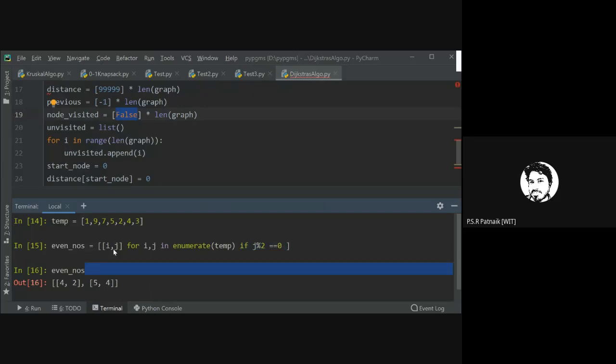So what I'm doing, what are the values I'm getting from this? I'm putting it in a list format. I want a pair of I and j from I and j in enumerate temp, and I only want to include that if j mod 2 is 0. An alternate to this is to use filter. An alternate syntax for even numbers would be to use a filter. You can also use that filter, but